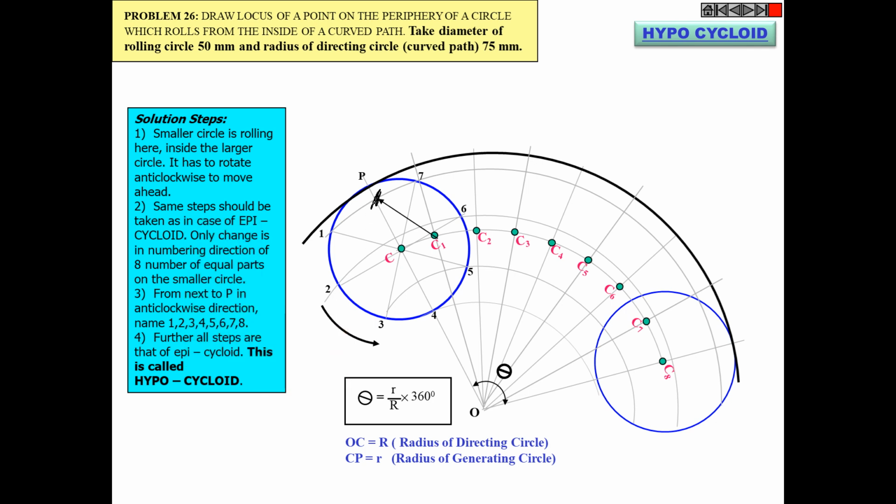Now you will say that, sir, I will cut an arc on this side also. No, if you cut an arc on this side, that means you are coming in anti-clockwise direction, but here the circle is rotating in anti-clockwise direction. So always remember, you have to cut all these arc points in anti-clockwise fashion, not in clockwise fashion. So you cannot cut for this C1 arc point over here.